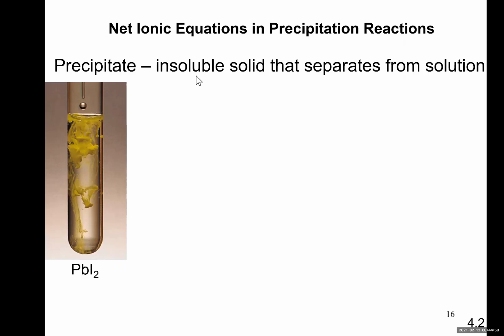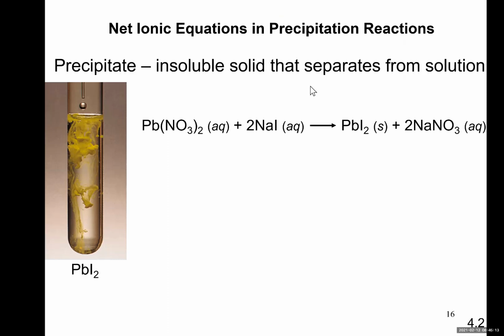Precipitation means formation of an insoluble solid, which separates when you're adding two water soluble substances together. If I go to the next slide and write the chemical equation for this reaction,